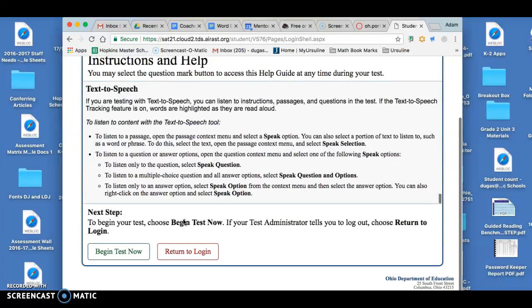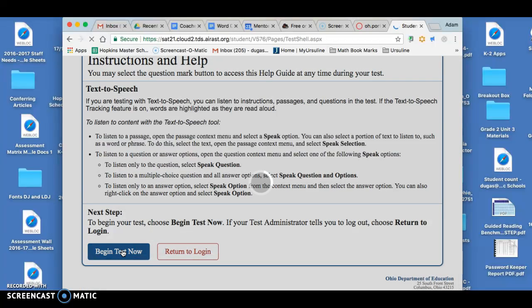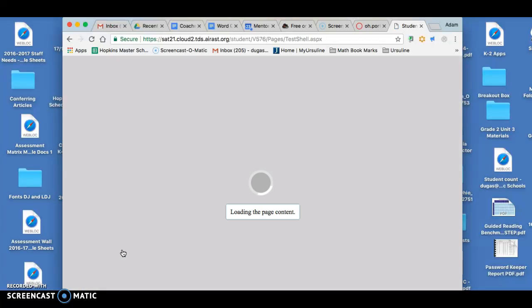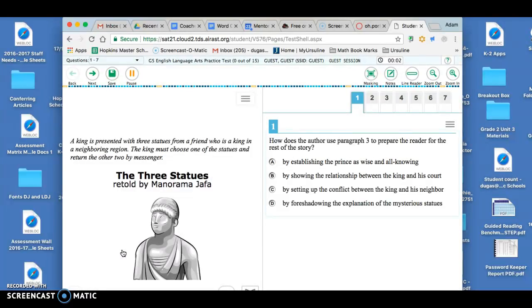Scroll all the way down and then click Begin Test Now. So they do have to jump through those couple of windows, but the first time they do it, it may take a minute, and then the next time they do it for the next ELA resource, it should go quite a bit faster. Then in this particular item, there's an article here,